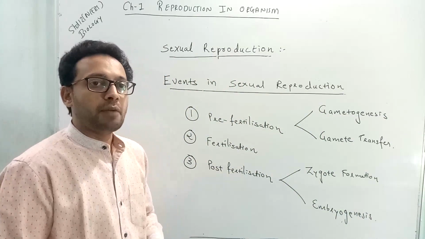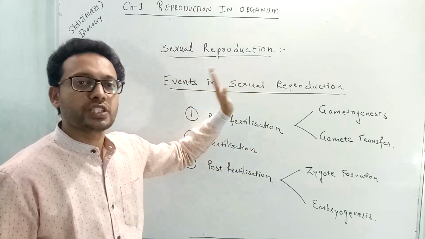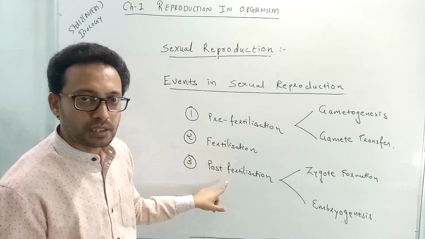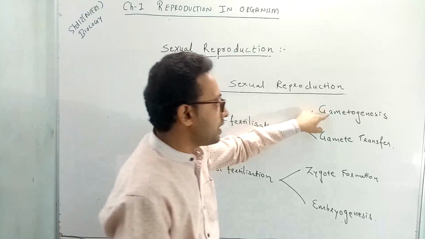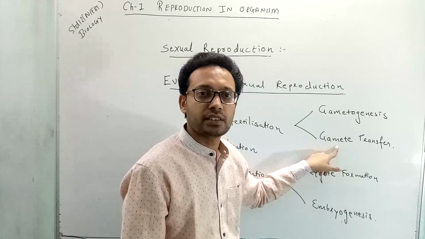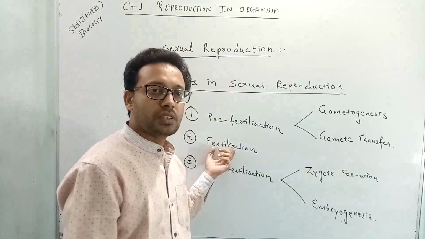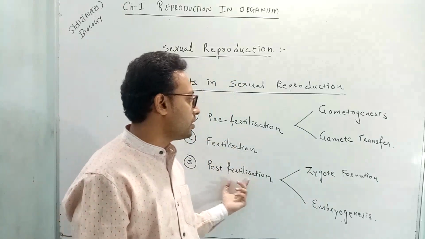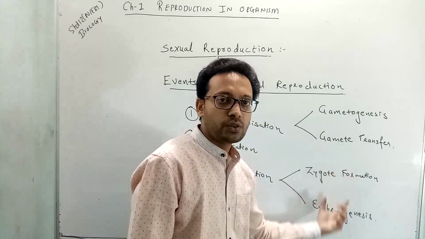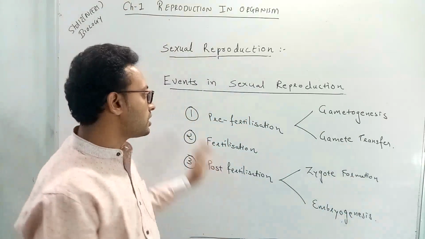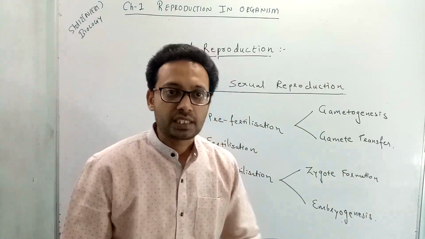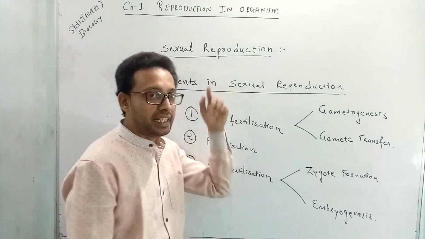So this is about the basics of the events which occur in sexual reproduction. Basic events are pre-fertilization, fertilization, and post-fertilization. Pre-fertilization includes gametogenesis, meaning formation of gametes, and gamete transfer, which, as the name suggests, is the transfer of gametes. Fertilization is the fusion of gametes. Post-fertilization includes 2 events, zygote formation and embryogenesis. Embryogenesis means formation of embryo. So this is just an overlook of the events which occur in sexual reproduction. We will discuss these events in detail in the next